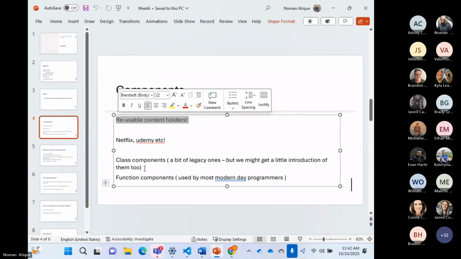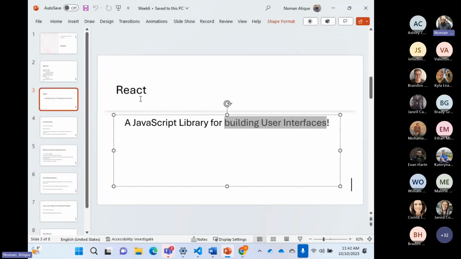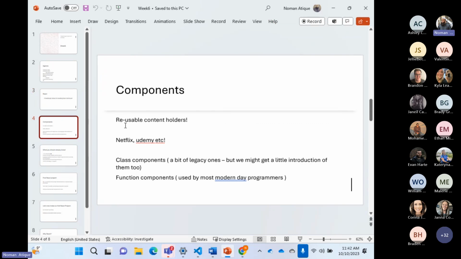A web page consists of content. Now, I left a question alone: why am I learning another library while I know HTML, CSS, and JavaScript? Answer number one: because there is a concept of reusable content holders in React, which are called components. That's why I'm learning it. It's a very vague answer right now, and I might not make 100% sense of the statement yet, but I make sense.